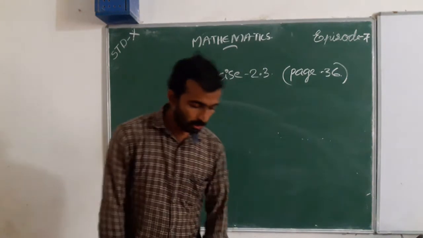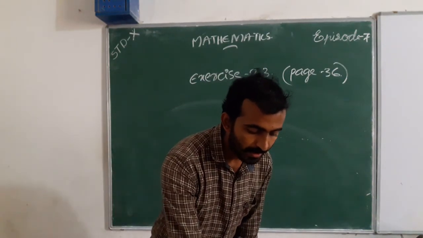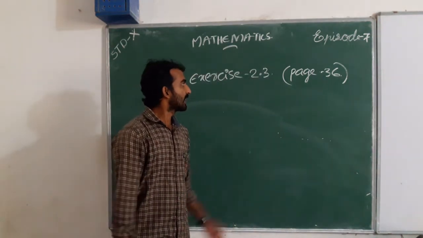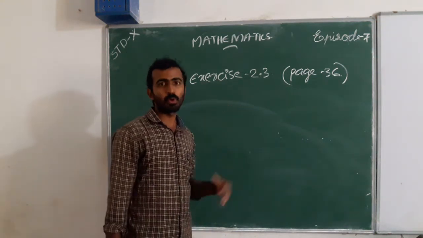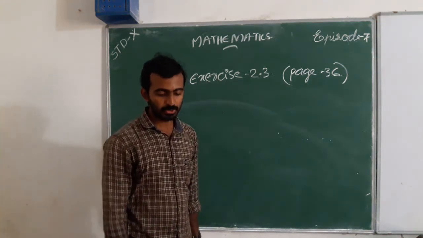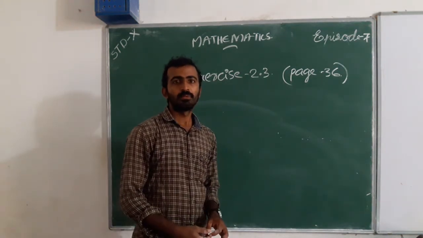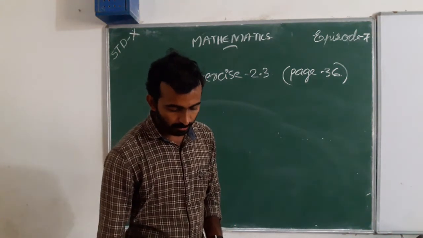And question number 2 and 3 are for your homework. We studied this in previous classes, and also we get the knowledge from question number 1, the first question. Okay, 2 and 3 are homework. You write in your notebook and finish the questions. And we are discussing the fourth question.